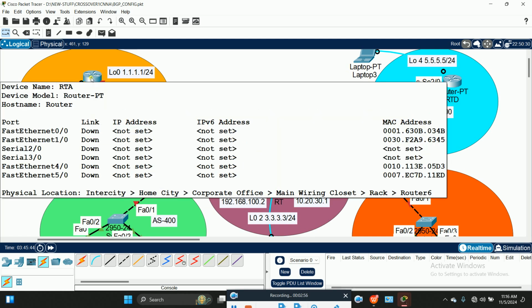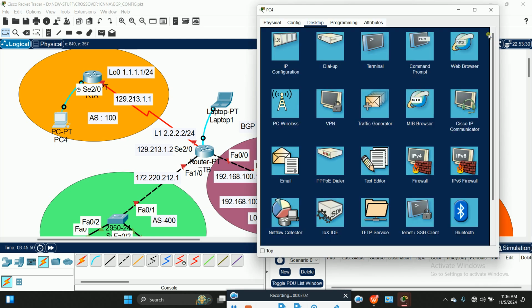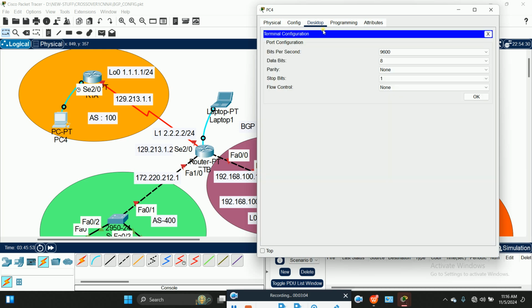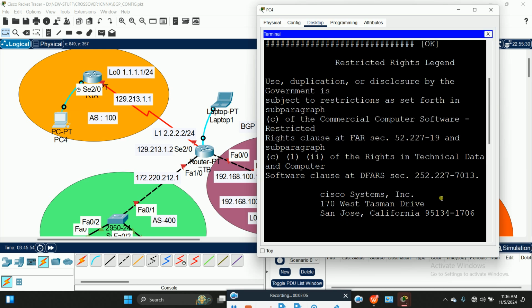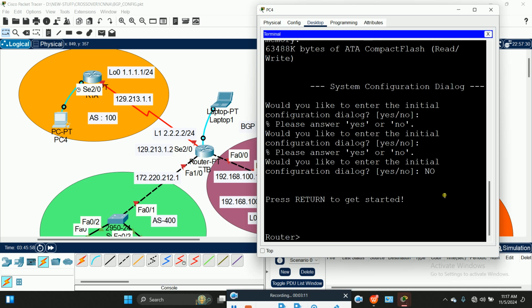Shall we go? Click on this PC. Go to desktop terminal, then click OK. You'll receive something like this. Choose no. If you choose yes, it means you are already acquainted with the configuration of the router and you are perfect in configuring it. If you want to learn step by step,